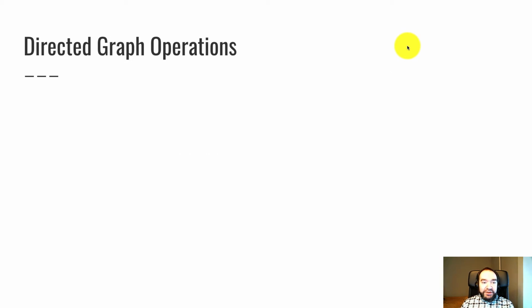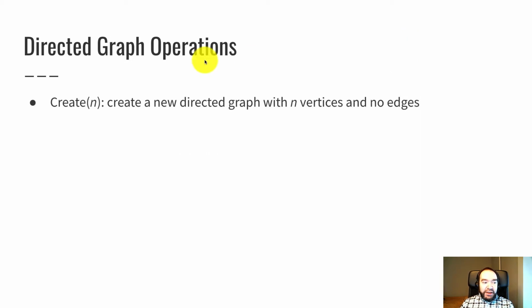So here are the operations that we want to implement. First, we can create given n. That creates a new directed graph with n vertices and no edges at all. This is a little bit different from many of the other data structures that started out empty. Instead, with our graphs, when you create the graph, all the vertices are pre-populated. You have to say how many vertices there will be, and the graph starts out with vertices but no edges yet. Vertex count is an accessor that returns n, the number of vertices.